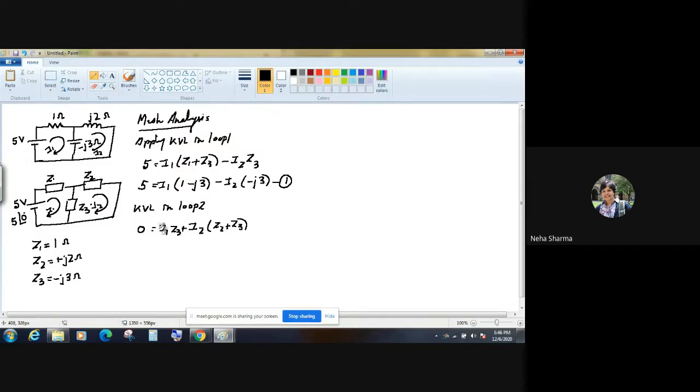So let's put in the values. 0 is equal to negative I1 times Z3, where Z3 is negative J3,